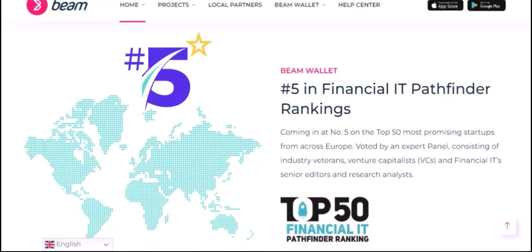USDT, or Tether, is the largest stablecoin by market capitalization, pegged to the US dollar. It's widely used across various blockchains like Ethereum (ERC20), Tron (TRC20), and Binance Smart Chain (BEP20), among others. Its stability makes it a go-to asset for traders looking to hedge against crypto volatility or simply move funds efficiently